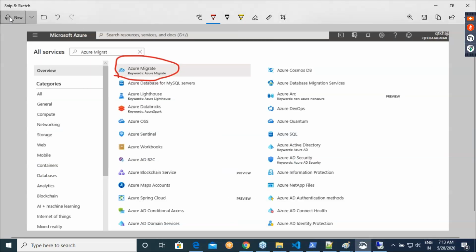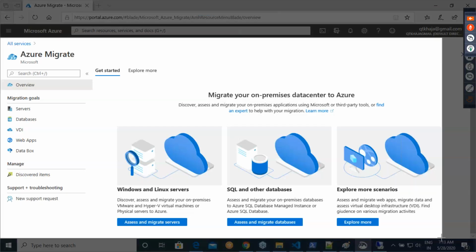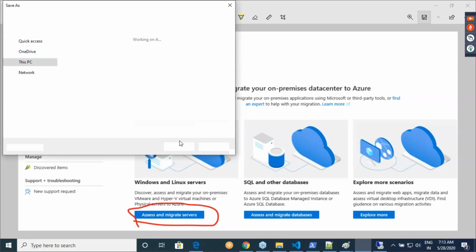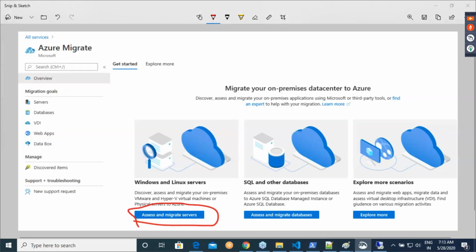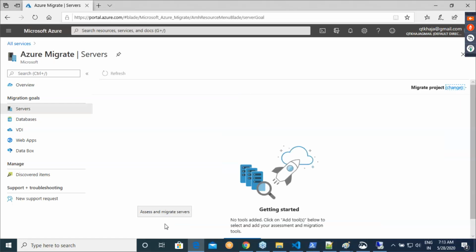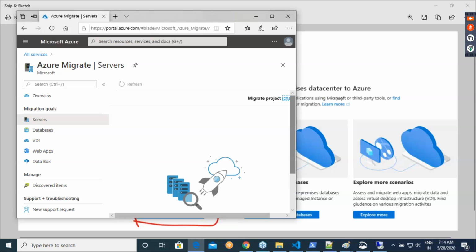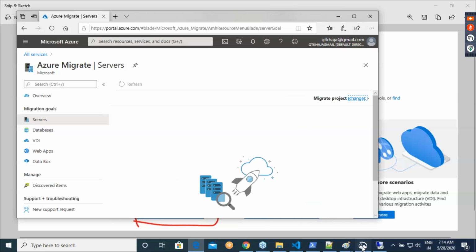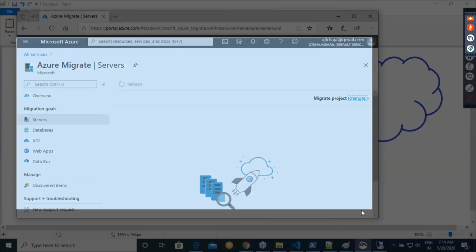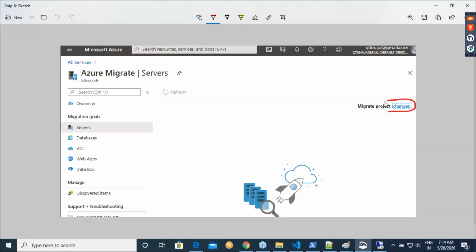Okay. So the next thing which I would be doing is setting up this. Okay. So under migrate servers, the next thing, if you see over here, is something called migrate project and change.